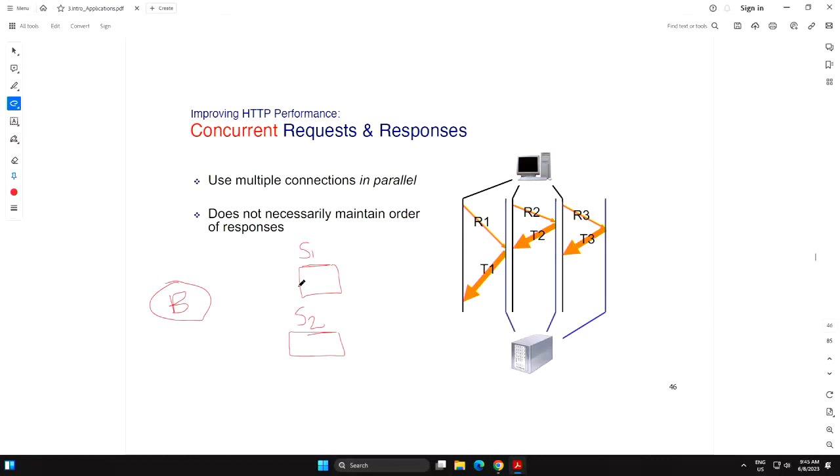It downloads the HTML base file and it says that there are two objects in this HTML file. Object 1 is residing in server 1, object 2 is residing in server 2. So the question is concurrent, or you can also say parallel, right?